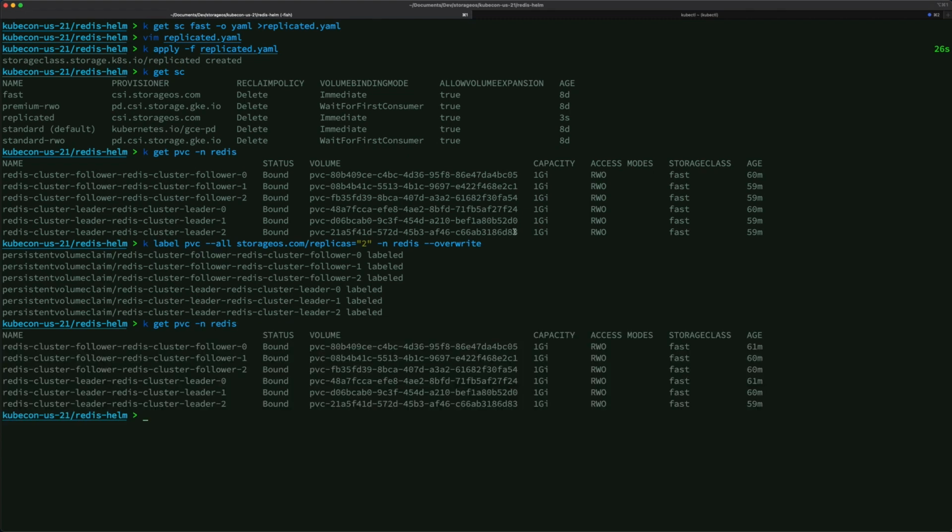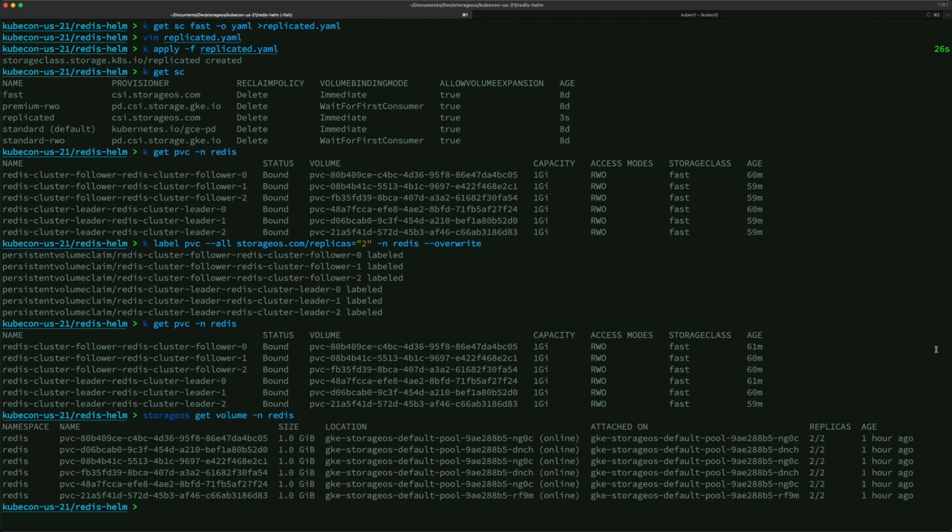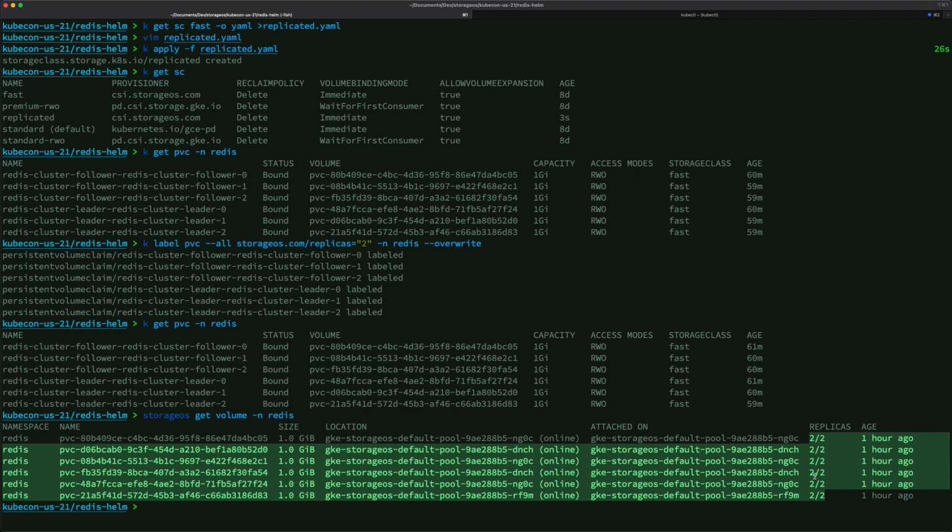Of course, they are still attached to the storage class fast, but now if I check my volume configuration on the StorageOS API, you can see that all of the volumes attached to those pods now have 2 replicas.